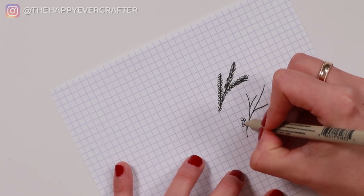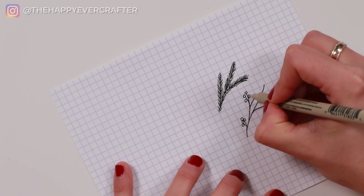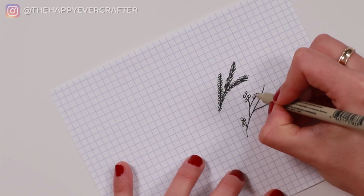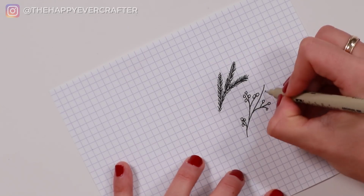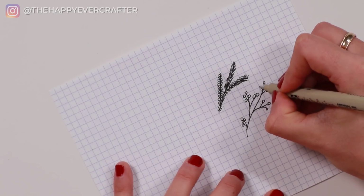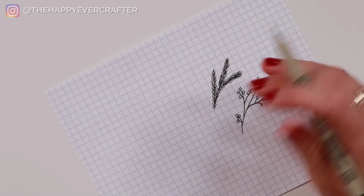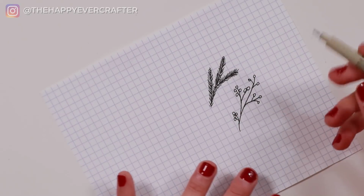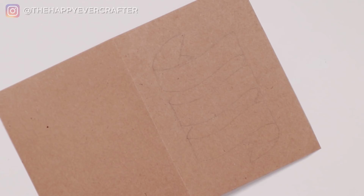You can add them in multiples, you can add them in singles, whatever you wanna do. You can make them really full or really sparse. And you're gonna see as we go when we're filling this up that you can add more if you want to make it fuller, or you can add less if not, and it really is gonna look good no matter what. So now if we come onto our card,